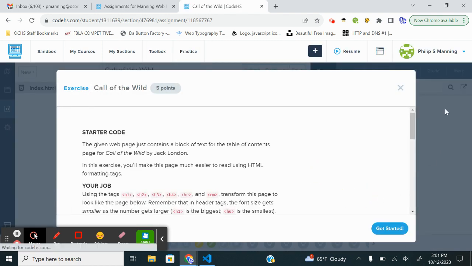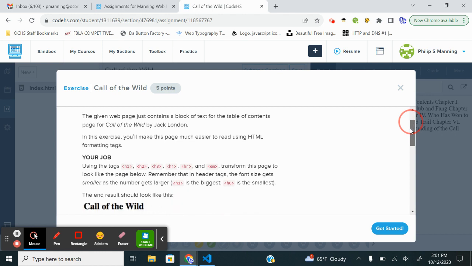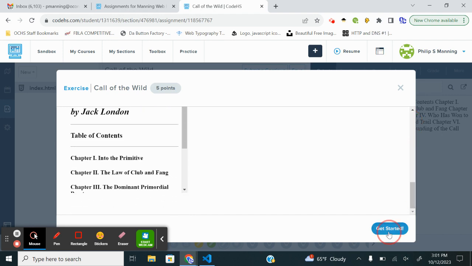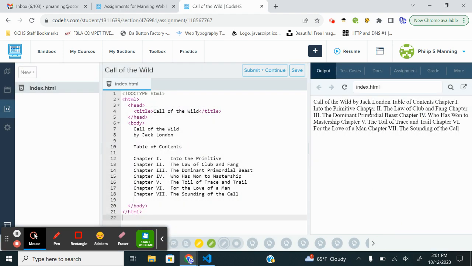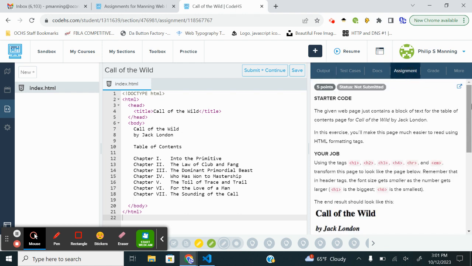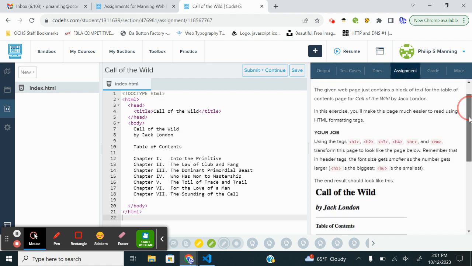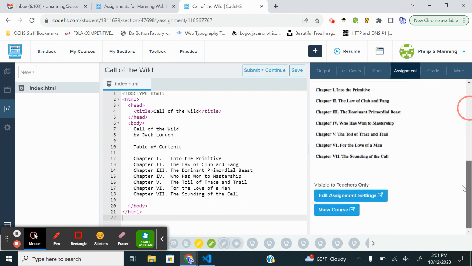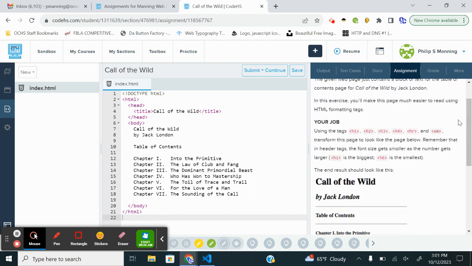All right, this next one gives us some starter code. We want to use H1, H2, H3, H4, HR, which is the horizontal rule, and the emphasis to transform the page to look like the page below. Okay, so what I'm going to attempt to do here, this one is going to look at the largest. So it looks like the title is the largest. So I'm going to put H1,